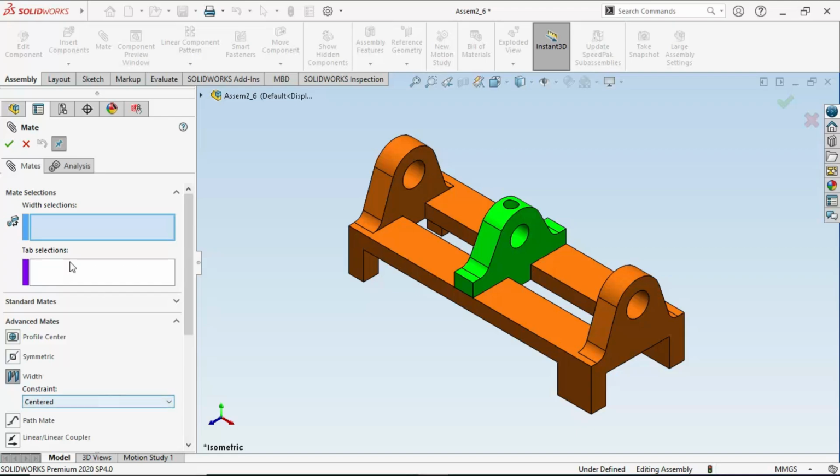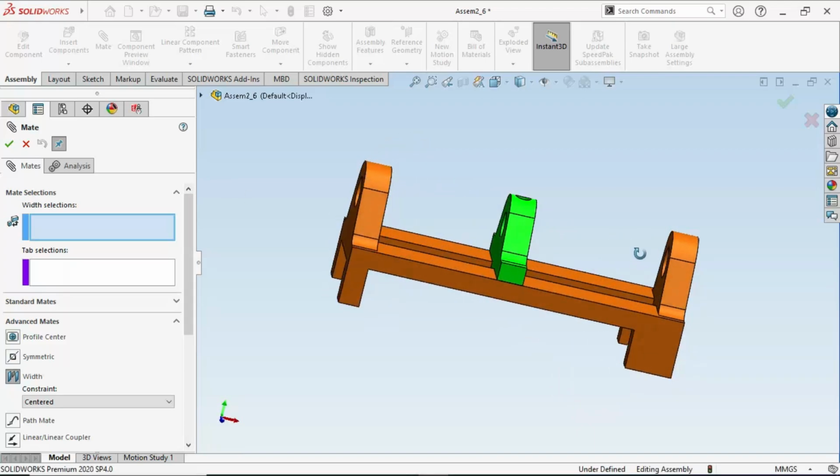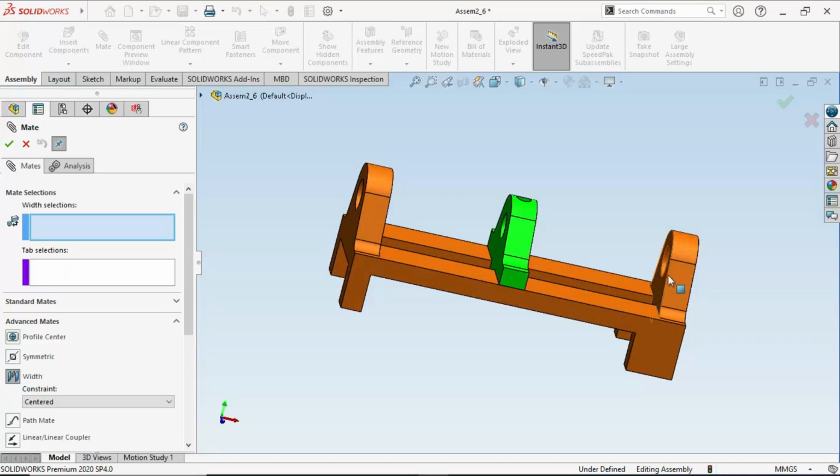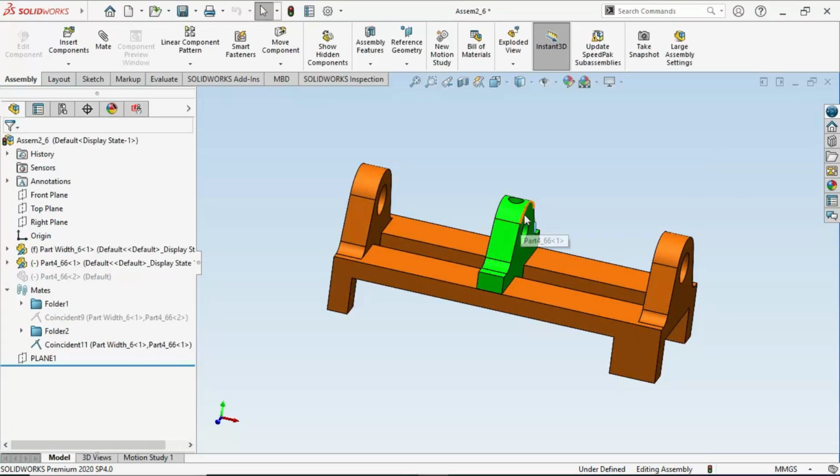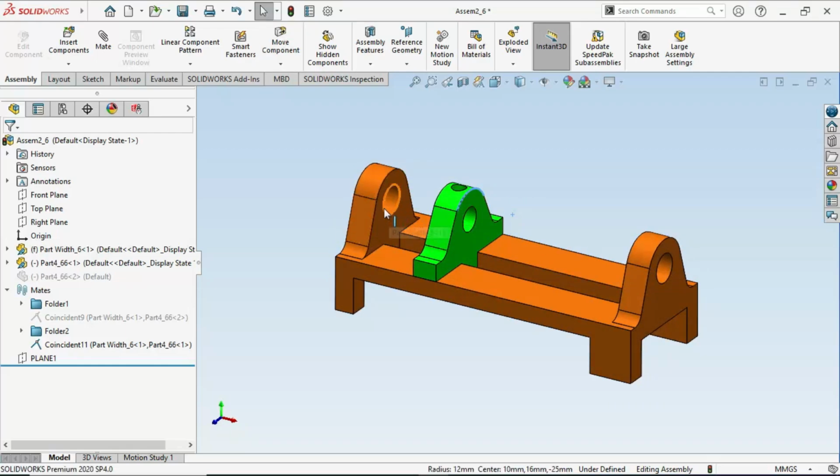Click on the centered, and as you click, two areas will be asking for selection. First one is width selection and second one is tab selection. Width selection is where you have to give boundary, so my boundary for this component is first this and second is this. So these are my two boundaries and this is my component. Okay, for demonstration I will slightly move this component near one face,